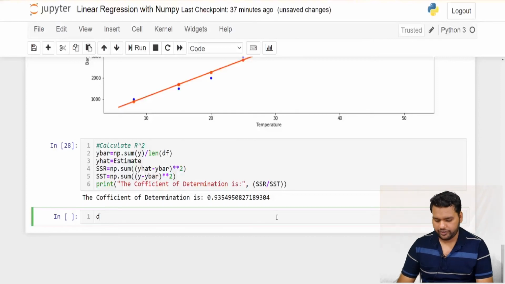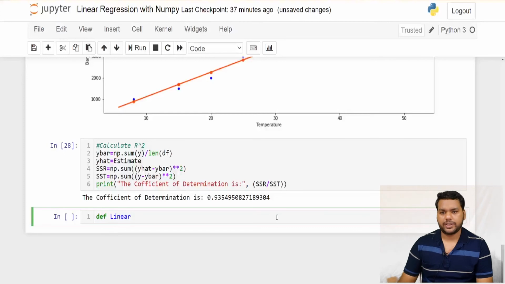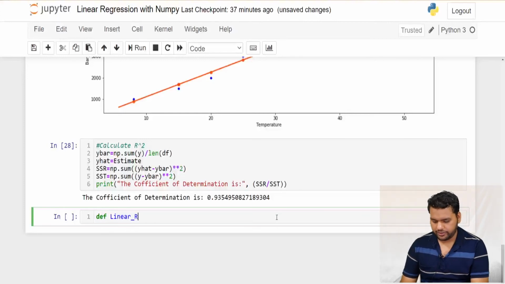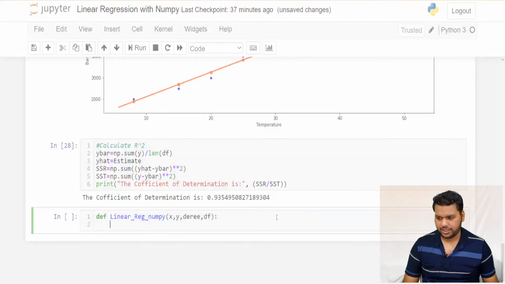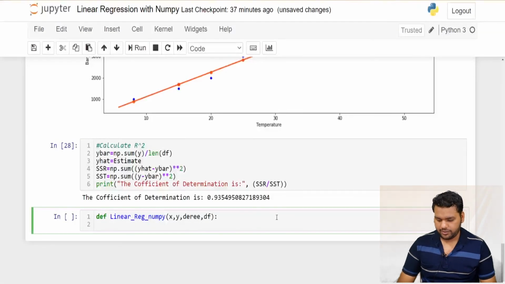We define everything we already have, we just copy and paste it in this function and see how this function will work. So define linear regression numpy, with x, y, degree and df. These are the arguments. Later if we need something we will see. The response is x.